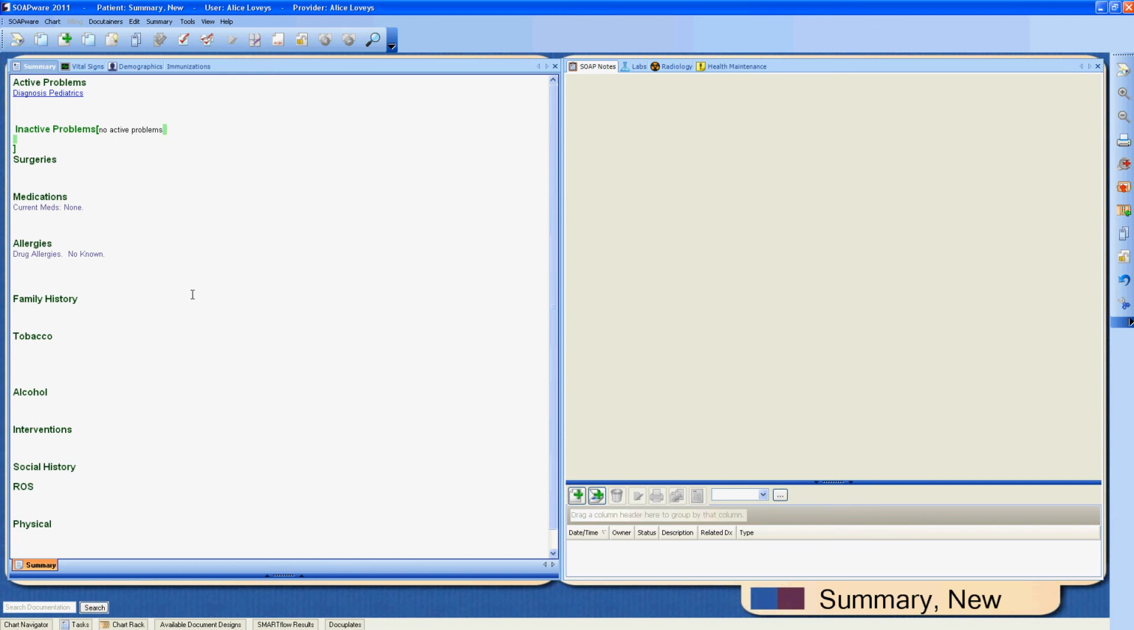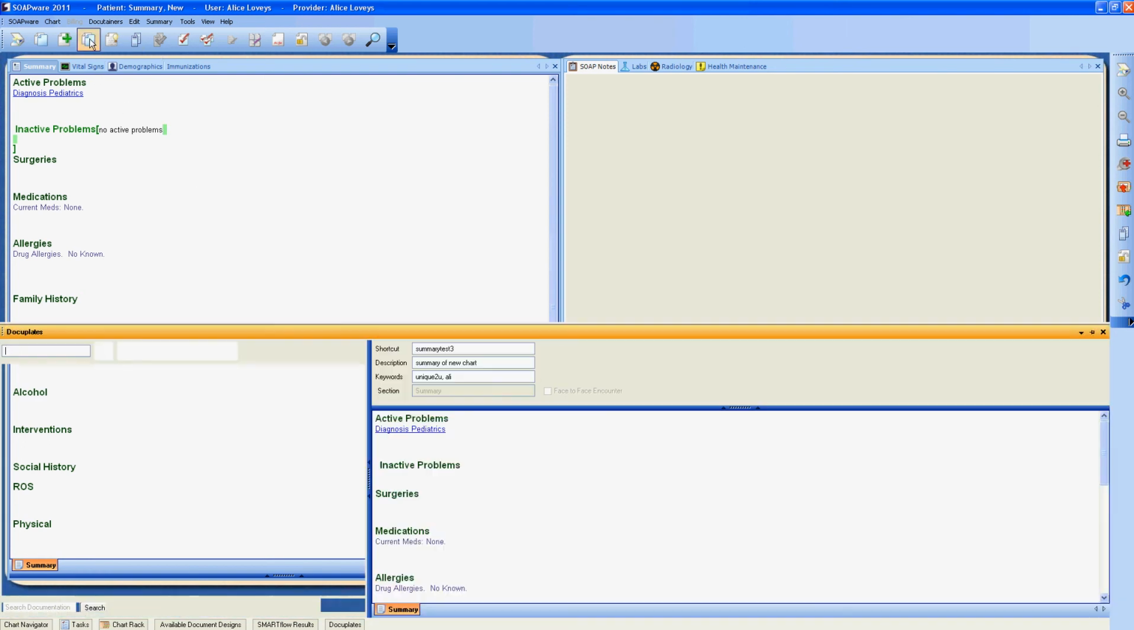You can add new information, whatever you would like to have appear every time you create a new chart. Pick lists, either in filling in and interviewing your patient, or some default things you would like in every new chart. Once you have the summary side looking as you would like, go back to the docuplate editor,